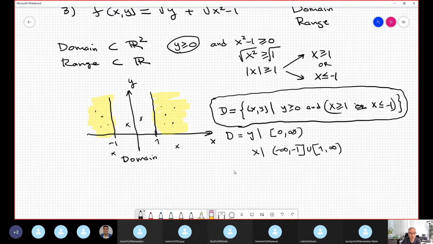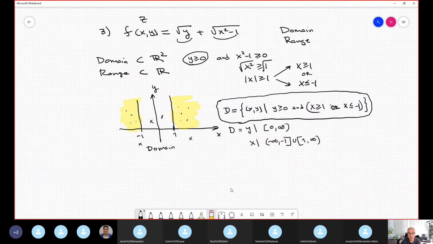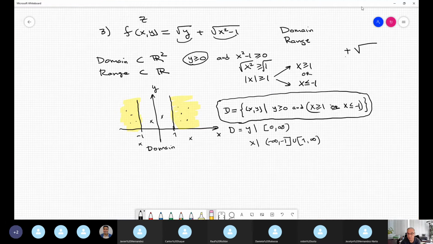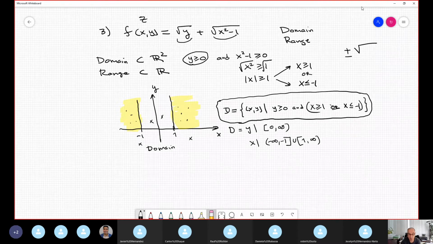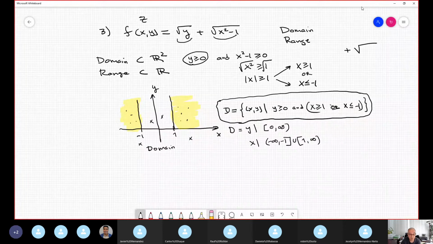The question doesn't talk about the range, but out of curiosity, let's do it. Well, the range is the z value, and the z value is the sum of square roots. I assume the component of the square root is positive. So when you apply a square root, you have to use the double sign plus or minus. But if you omit the sign, it's because I suppose it's positive, no? So the range is the z value that is always positive. So it's like z greater than or equal to 0